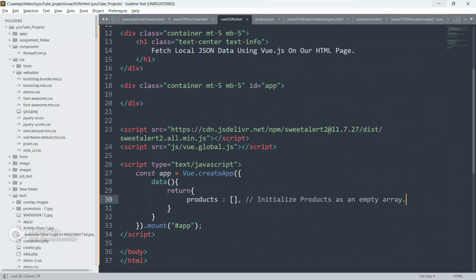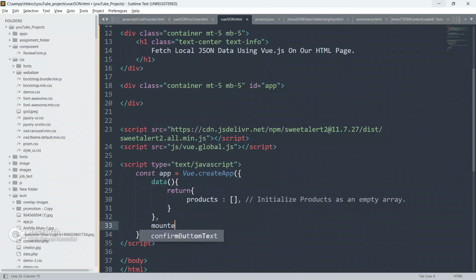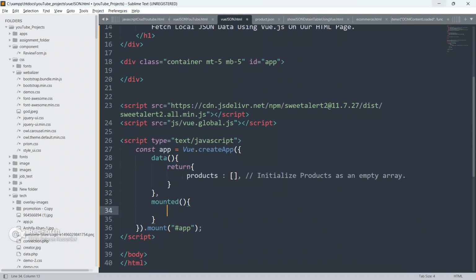Okay, so now go to the code, and guys, we have to create a mounted hook, and we have to write our application here. Inside Vue.js we have mounted, and we have methods.